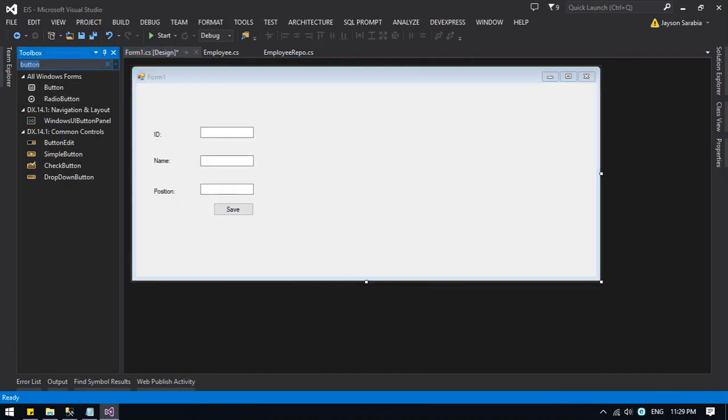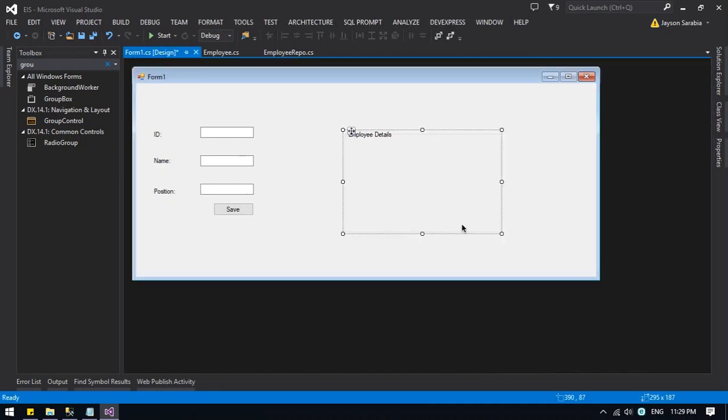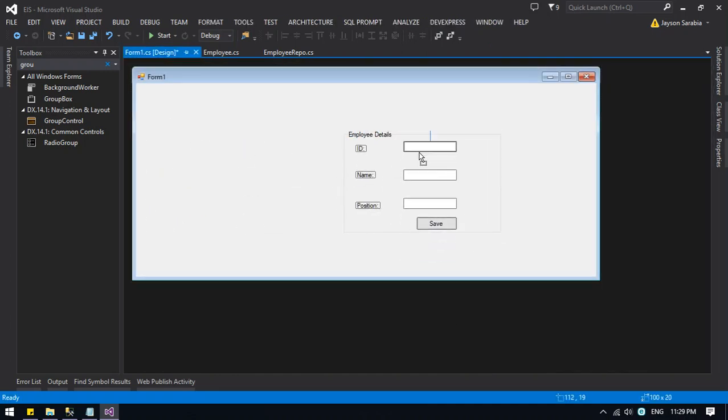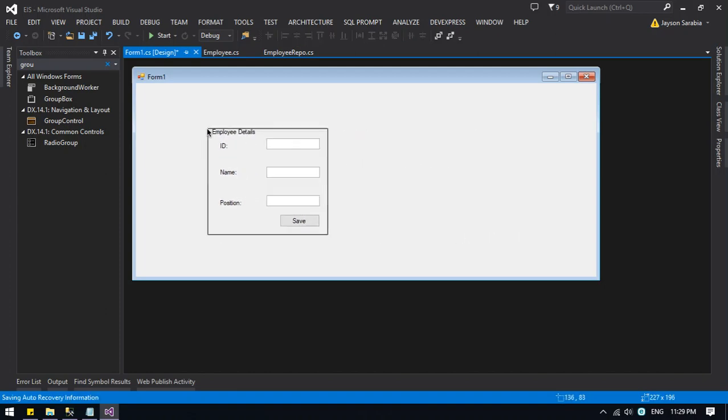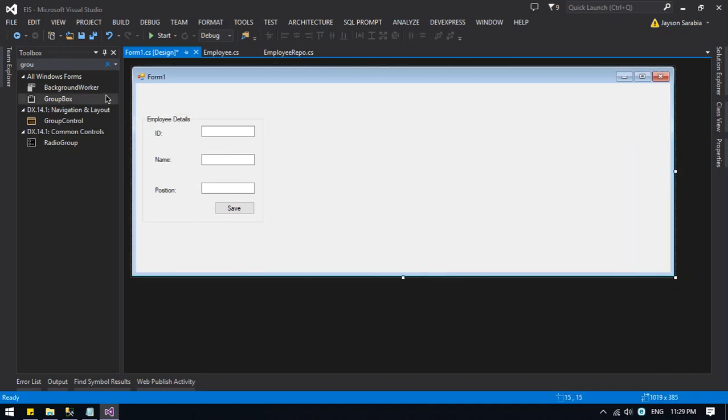So I'll put a group box, then I'll put Employee Details, and then I will put all of these controls in my group box. Okay, then put it here, and then I will put another. I will just finish the UI. So this will be a group box for